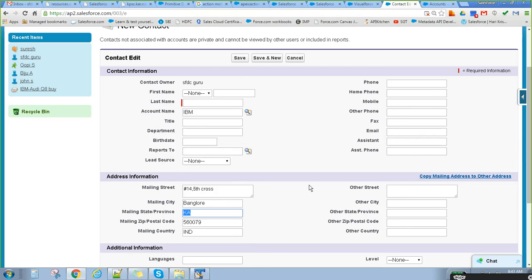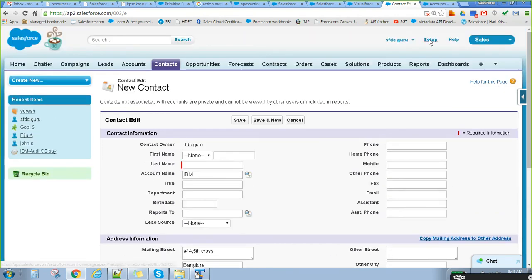We can achieve this by using either action function or action support. We'll discuss how to do this.